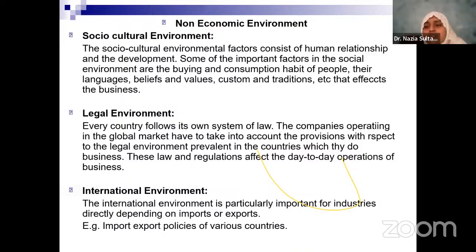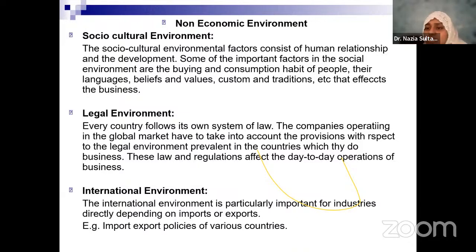Say any industry that you talk about, there are certain laws which the industry has to follow. You talk about the Consumer Protection Act, so businesses will have to follow that. You talk about the Payment of Wages Act, the Workmen Compensation Act, the Income Tax Act, value added tax, and GST, which is a new tax regime. Businesses will have to follow all of these, which are part of the law framed in a particular country. So day-to-day operations and strategic decisions of a business get impacted by the legal environment.